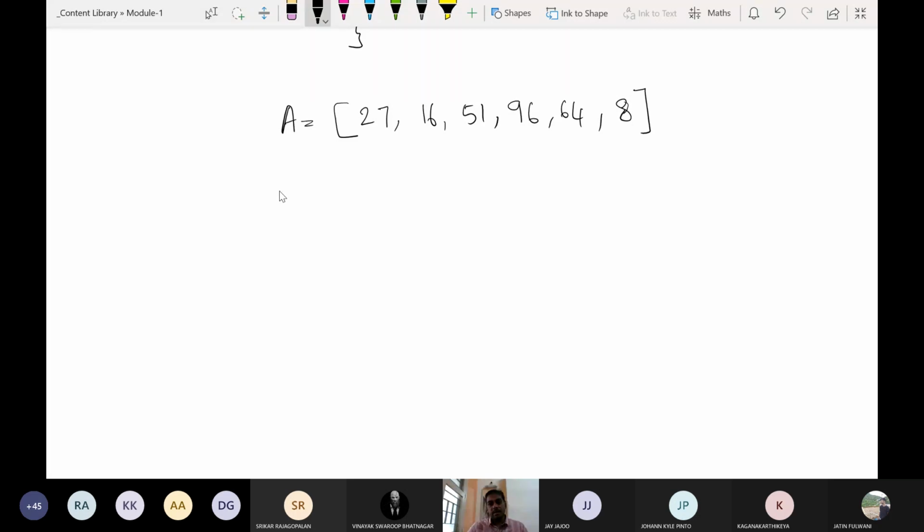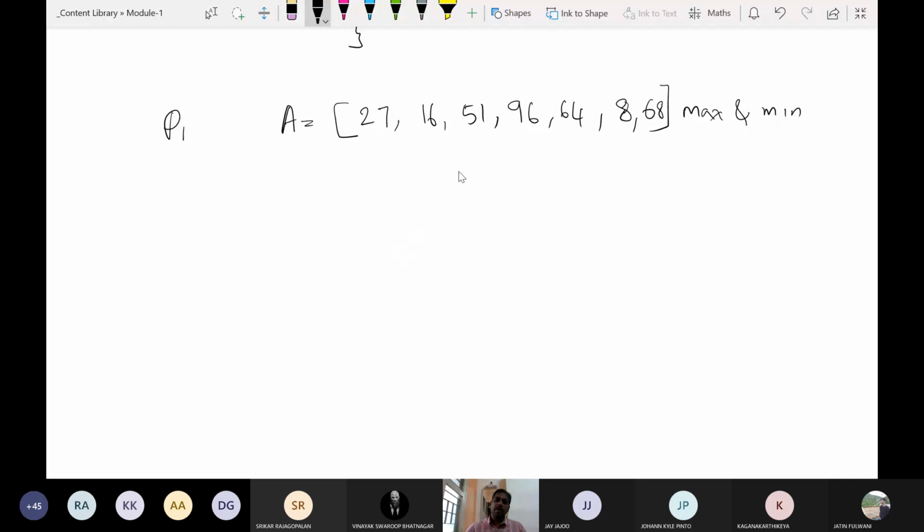So let us start the division process. The problem here is, let me take this as P1. This P1 problem is to find the maximum and minimum in this array. So now we can divide it like this, maybe 1, 2, 3, 4, 5, 6. So 6 elements we have. Maybe we can take 7 elements in order to make it a little complex. Okay, I'll add a seventh element. The seventh element we can add as 68.